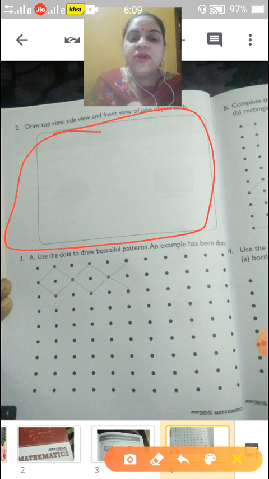For example children, in our book we did some objects that we classified. On page number 2 you can see in your book a view of a staircase. Okay, that is your front view. We have written front view. Some pictures were there, so we have written front view, side view and top view.